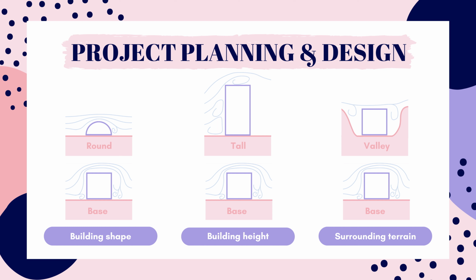This valley diagram is a bit extreme, but you get the gist. Another factor not listed in the question is wind speed. This one is pretty straightforward. The faster the wind, the higher the pressure will be on the building. An interesting tidbit for you, whenever wind speed is doubled, it results in a quadrupling of wind pressure on a